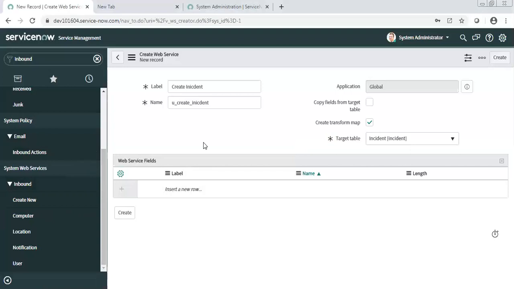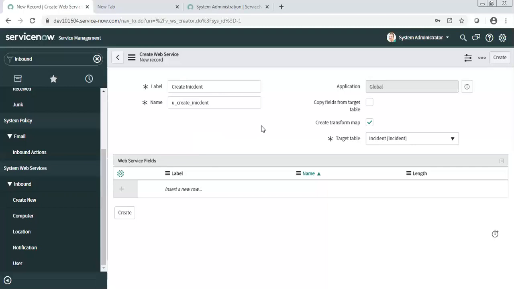However, we will not publish the API of the incident table now. We will publish the API of our import set table. So what we are designing here is an import set web service and an import set table. When we design a table, we need to create some fields in it, so that whatever data is coming from the third party tool can sit in those fields.